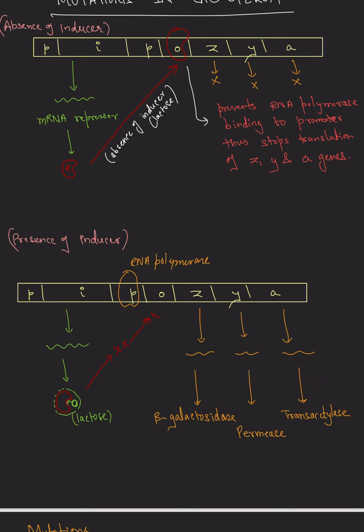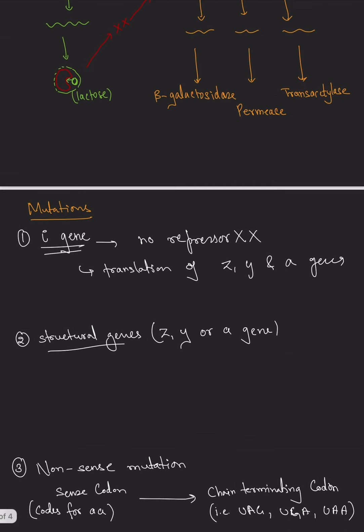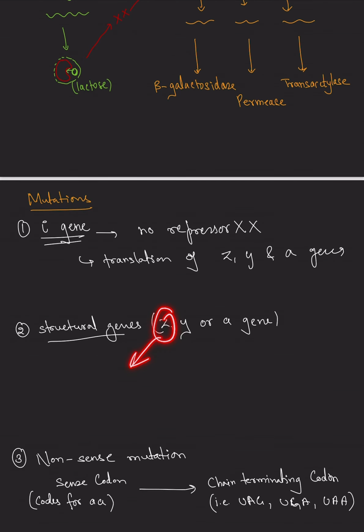Now if there is mutation, let's say in the Z structural gene, then it will not be able to translate into the beta galactosidase enzyme. So if there is no beta galactosidase enzyme, then of course the lactose will not be broken down further into its monomeric units. So if there is mutation in any of the structural genes, that is Z, Y or A gene,